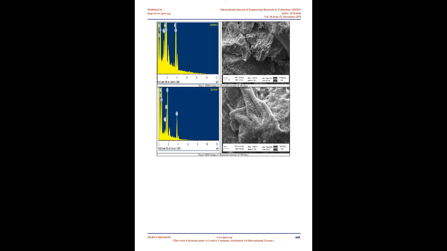calcium carbonate deposition on the surface, and fewer pores are seen in comparison to the samples of normal concrete. Figure 10 shows a reasonable amount of calcium carbonate content along with a fairly good amount of silica, and this is due to addition of fly ash in the concrete. And it is consistent with the values of higher compressive strength for bacterial concrete and bacterial concrete with fly ash